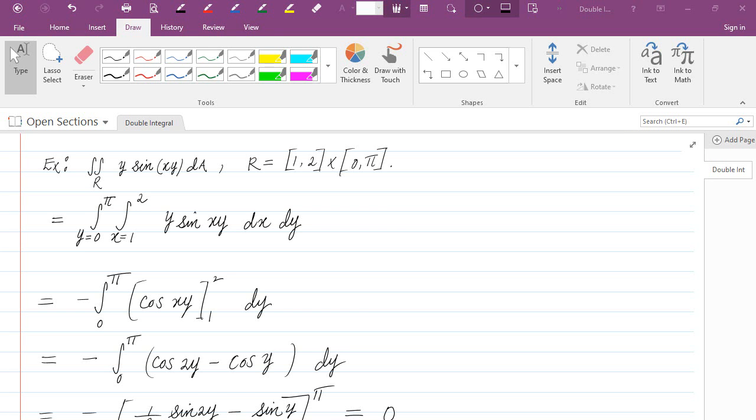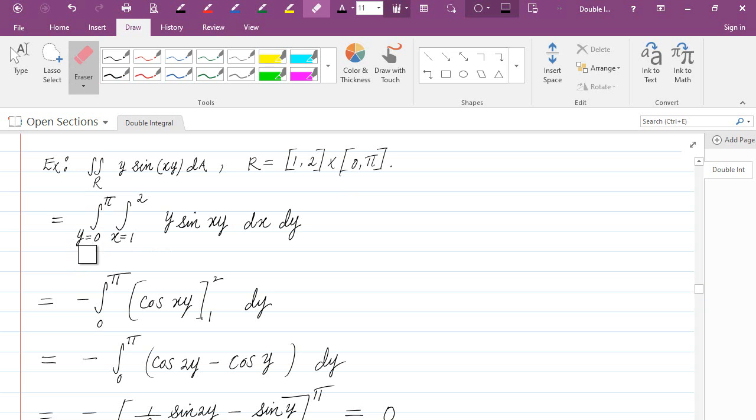Welcome back. Let's find the double integral over R of the function y sine of xy, where R is the rectangle determined by the interval from 1 to 2 along the x-axis and the interval from 0 to pi along the y-axis. Now, by Fubini's theorem, we can write this double integral as the iterated integral,